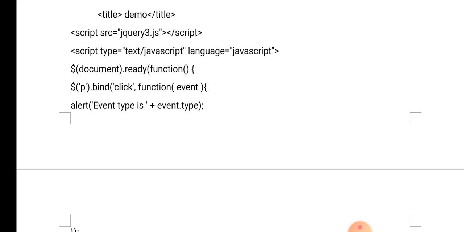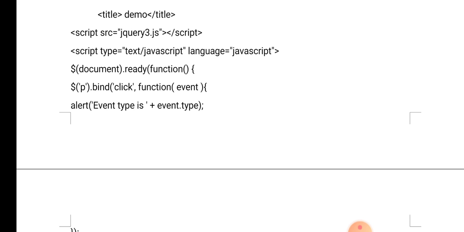When you perform a click event on the paragraph element, what you need to do should be implemented in the custom function, function(event). The function is getting one parameter, the event parameter.